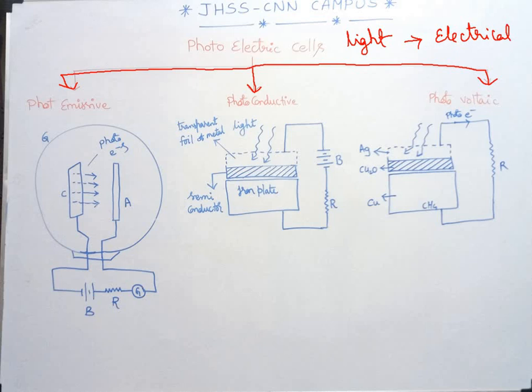Right. But this particular photocell works on the principle of photoelectric emission. So it works on what principle? All these photocells we are speaking about work on photoelectric emission, or you can simply call it the photoelectric effect. These photocells will measure the intensity of light by measuring the photoelectric current when light is incident on a photosensitive surface.